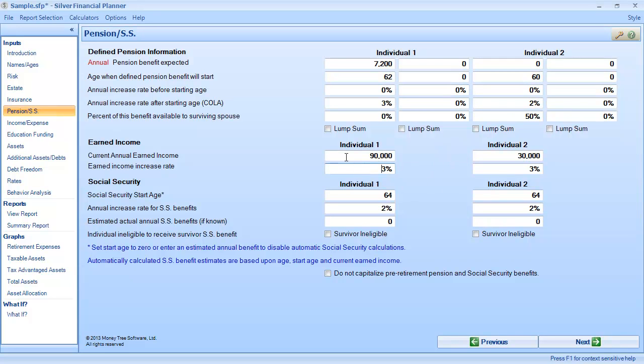Earned income, pretty straightforward, just entering in their current earned income amount and any associated increase rate that you want to assume. Social Security, so you just need to enter in the Social Security start age. If you do have their Social Security statement and you know that estimated benefit amount, go ahead and plug it in. If not, you can leave it 0 and the program will estimate a benefit based on their current earned